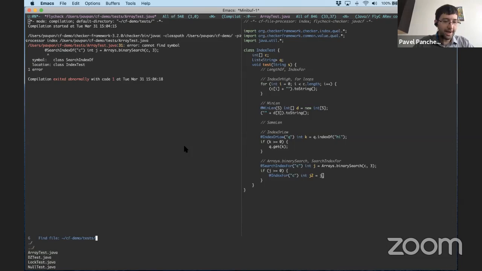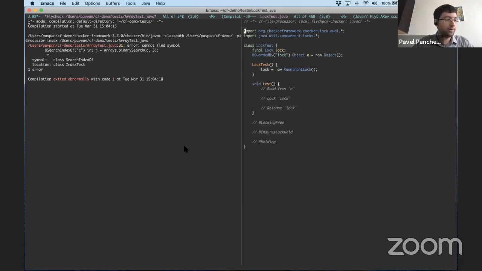I want to show one last checker built into the checker framework, and then I'll show you the guts of a checker that I built myself. So this is a checker called the lock checker, and the annotation it provides is this thing called guarded by. So here you see that I've defined a class with a lock. I have a variable whose type is a lock. And then I have an object, which I said is guarded by that lock.